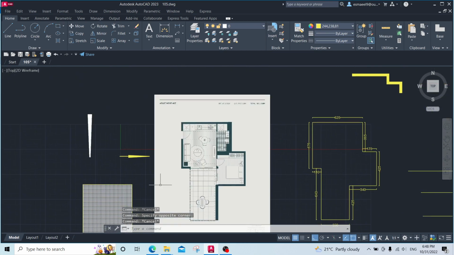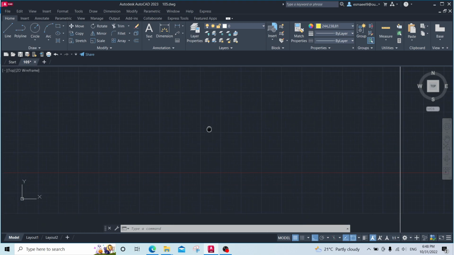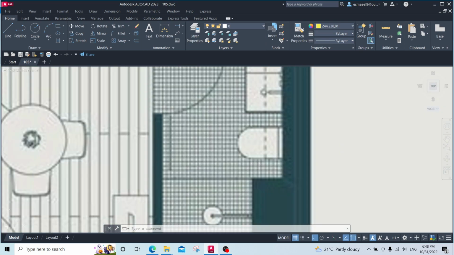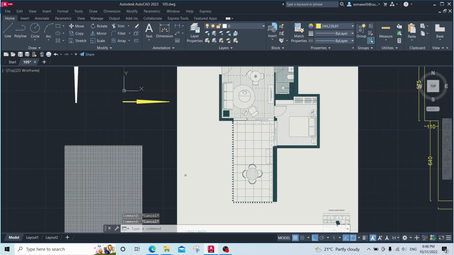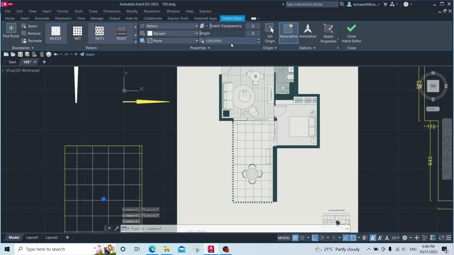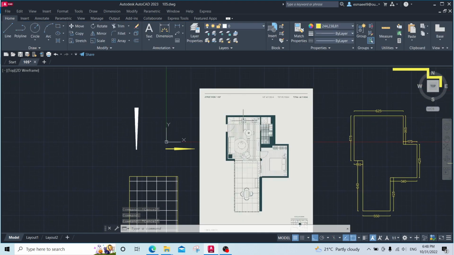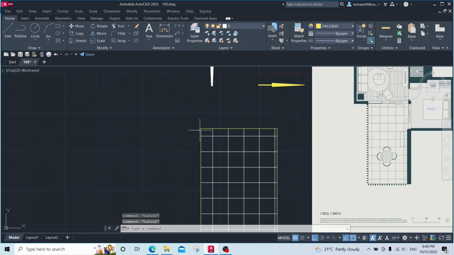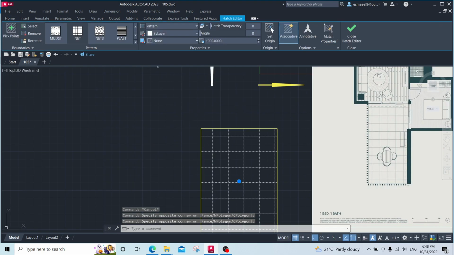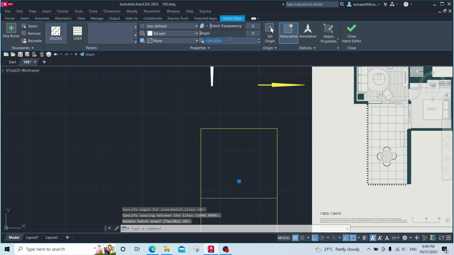So this little one maybe will work as this little ceramics in here, or mosaics. I think it's a kind of ceramics. Anyway, if I want to create this one, I will just select it and increase it. Let's make it 1000. Now it became like this. So this is the scale of it. Again, for this one, if I just select the same hatch, open it, I can see this is the user one. Let me just make it smaller. If I make it as 100 or as 10,